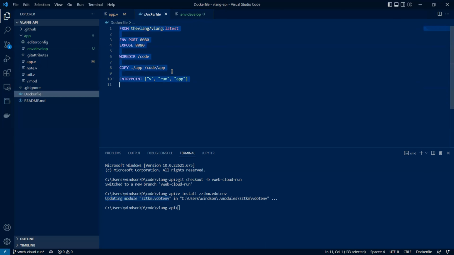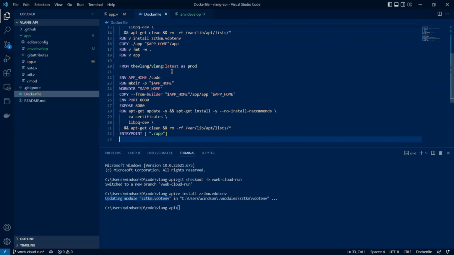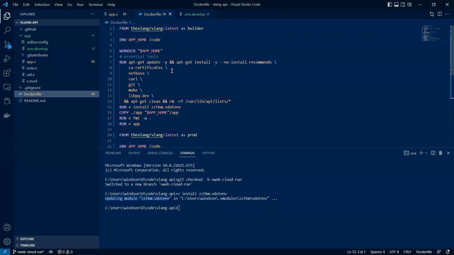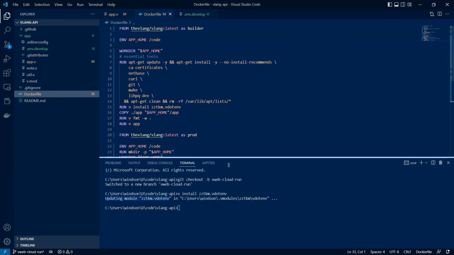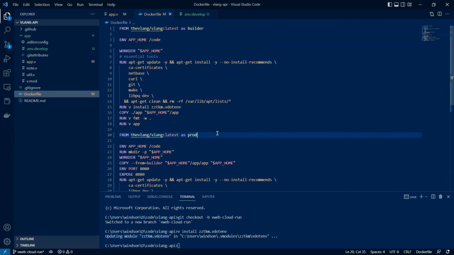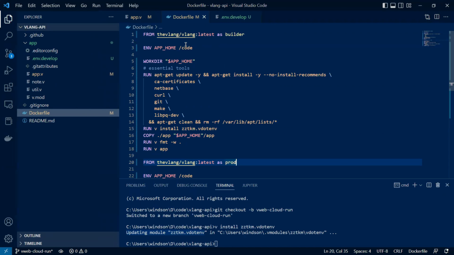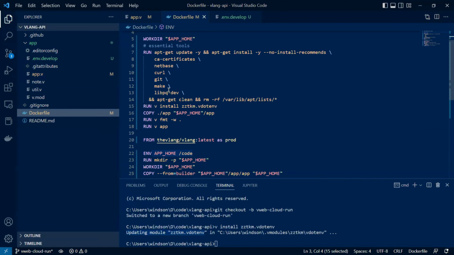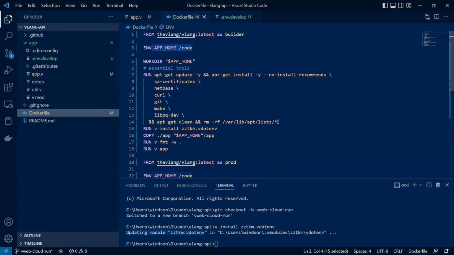So I'll be going ahead and cleaning this file and pasting the contents here. There are two layers in this Docker file. Let me just maximize this code. Here we can see in the first layer, which is a builder layer, I'm setting the application's home directory and I'm installing the necessary modules that will help me build this application and also install this